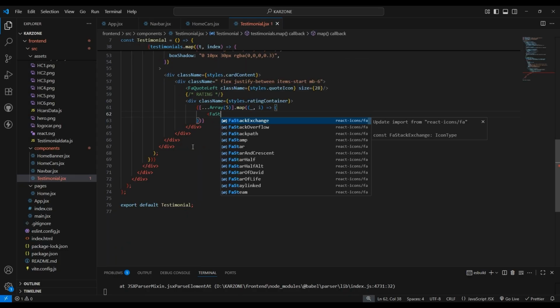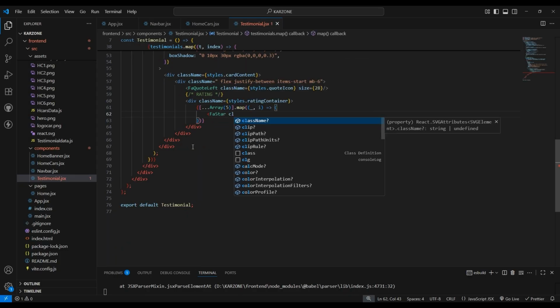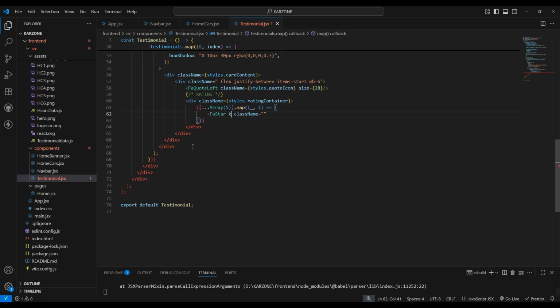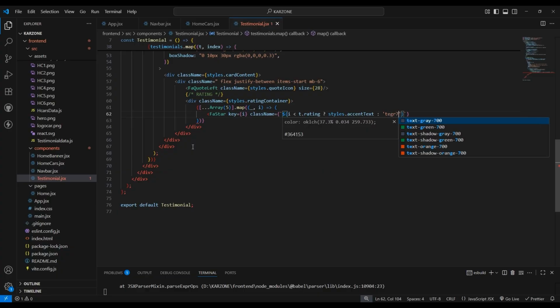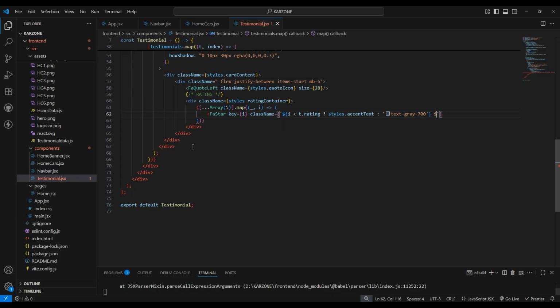Now give an icon, that is FaStar, give class name to this icon, and first we need to give the key, and key will be here i. Now here in class name just type a backtick, type here i < t.rating, then in that case it will show styles.accentText, else it will show text-gray-700. Then after this type here styles.stars,